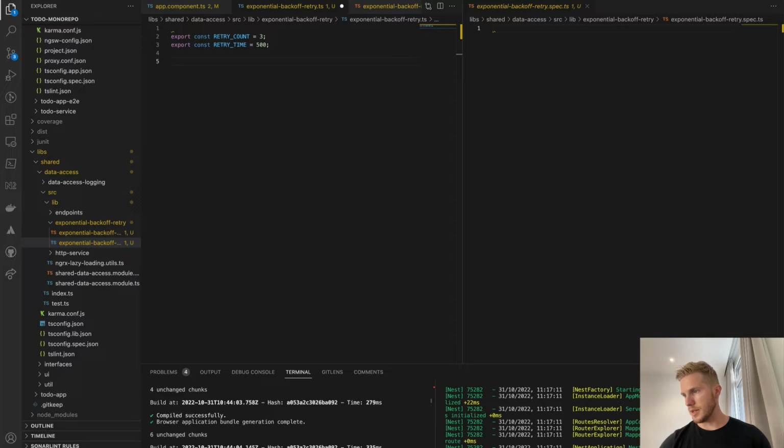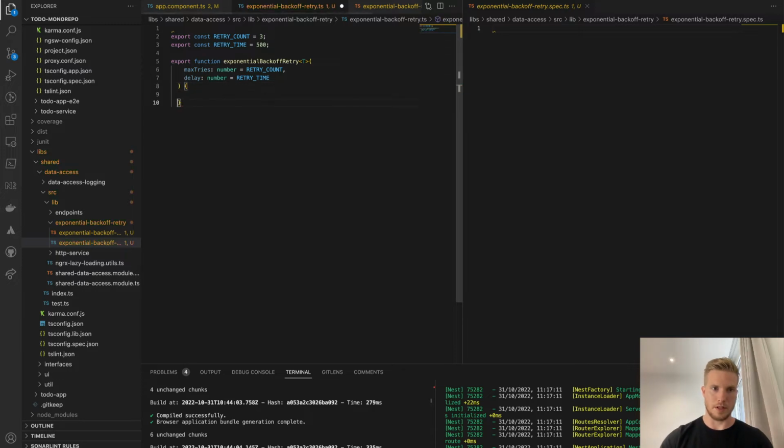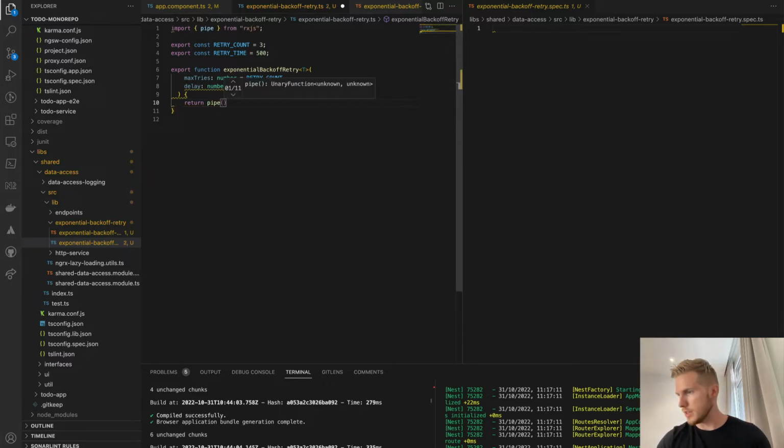Then we're gonna implement the exponential backoff and retry. So basically, the signature of the implementation is gonna look like this. It's gonna be a custom RxJS operator, so we can just pipe it after the HTTP request with the HTTP client. So we will have it return pipe RxJS, and basically the signature here can be any observable. So like that, and we're gonna import this,